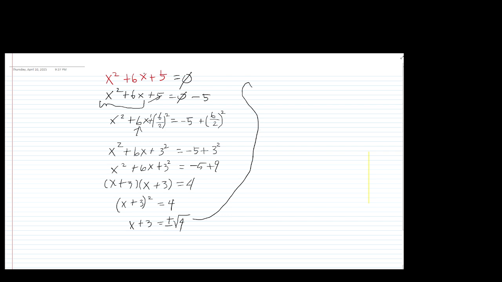Let's go ahead and continue it here. Let me get a new pen. How about a green pen? And we'll continue it here. We have x plus 3 equals plus or minus the square root of 4. And then we have x plus 3 equals plus or minus the square root of 4 is 2. So now we have